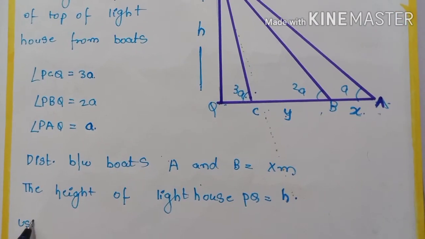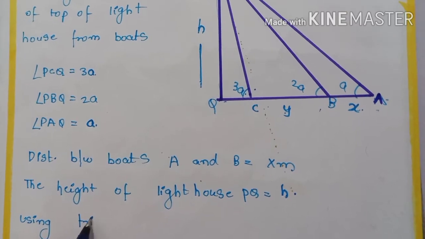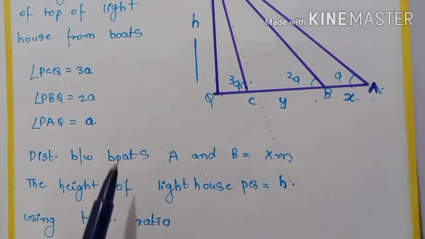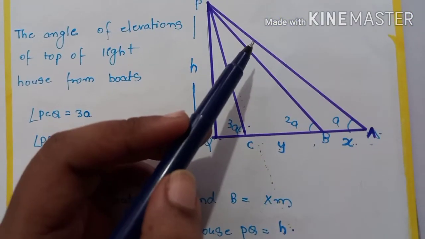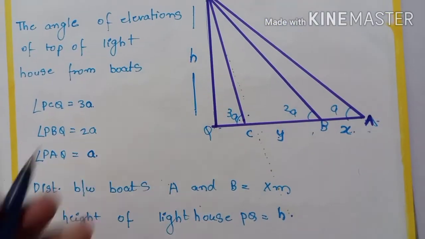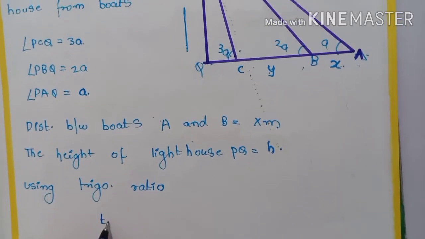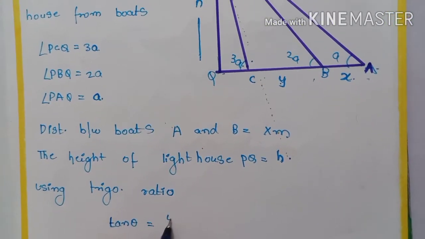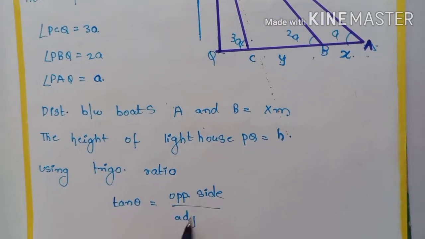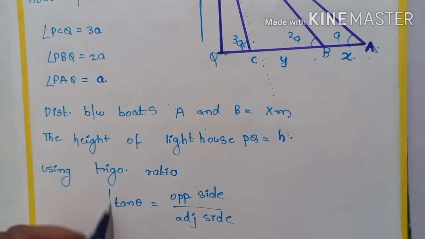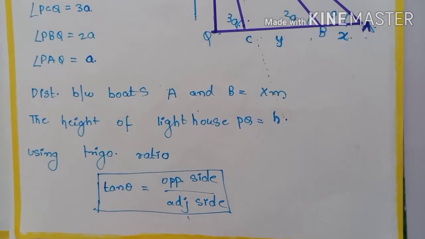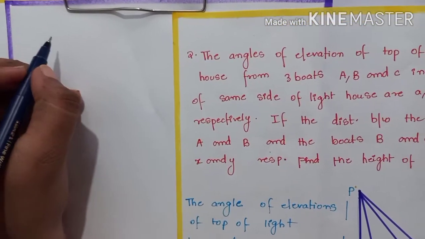So using trigonometric ratios to find the height, we use trigonometric ratios because it forms a right angle triangle, and here we can use trigonometry. So the first thing is, here we need to find the opposite side of a right angle. So we need tan theta, which we know is opposite side by adjacent side. The fundamental thing of trigonometry, which is a trigonometric ratio, is tan theta equals opposite side by adjacent side. Now we need to do this for the three different triangles.